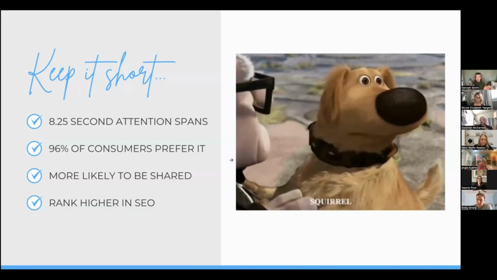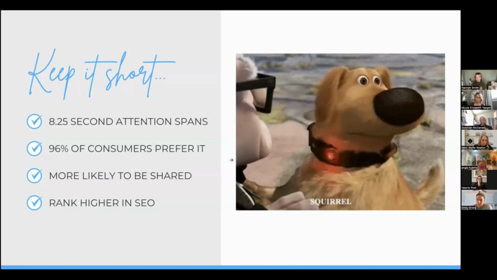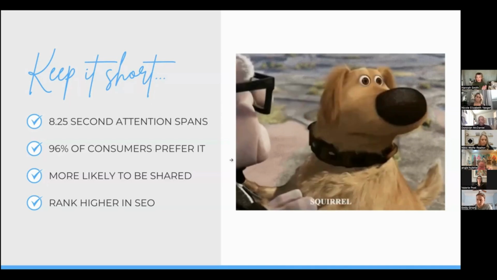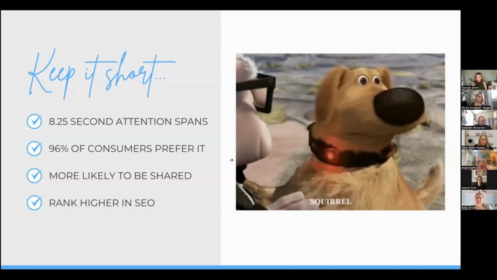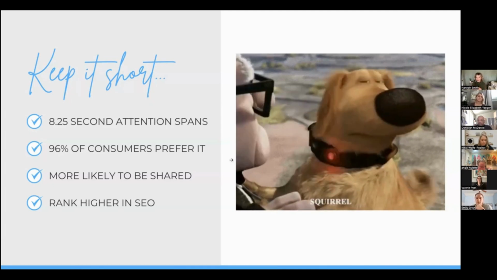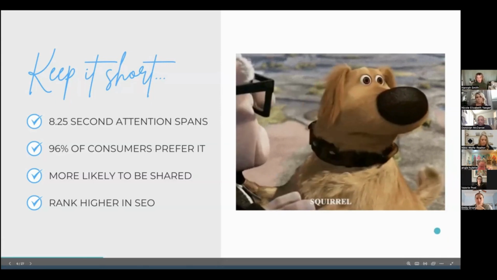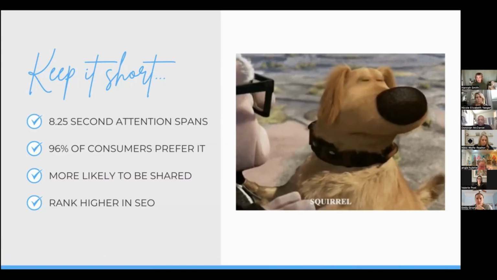Or if you have a 60-second video that people watch 8 seconds of, that's way less watch time, right? So keep it short, keep it to the point, and just make more content with less bulk in each one. Does that click? I've seen a huge benefit of really honing down on one specific thing and then going with it, and then another thing and another thing, and it all just builds together.